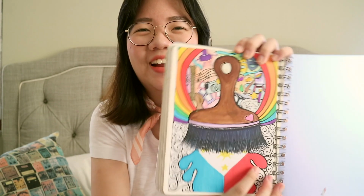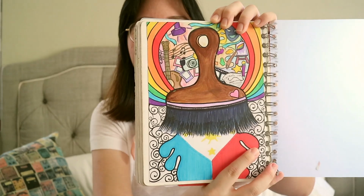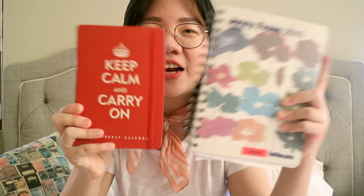Yeah, so this one was basically my transition from high school to college. It was a pretty eventful summer, and I always had something to write about. All in all, I wouldn't say this is my favorite planner. I just wanted to share with you my drawing at the back. Well, then don't you look at that? It's nice, but it's very bulky,